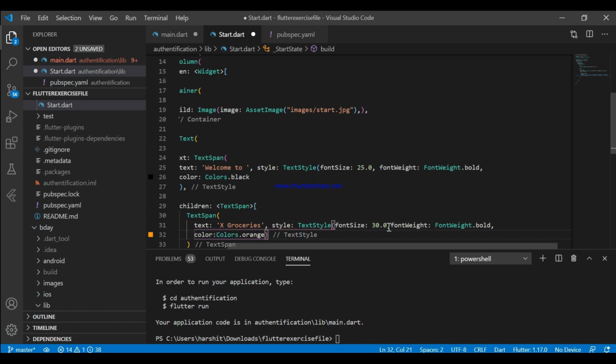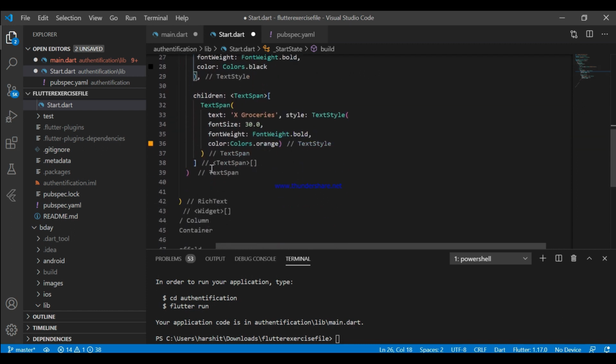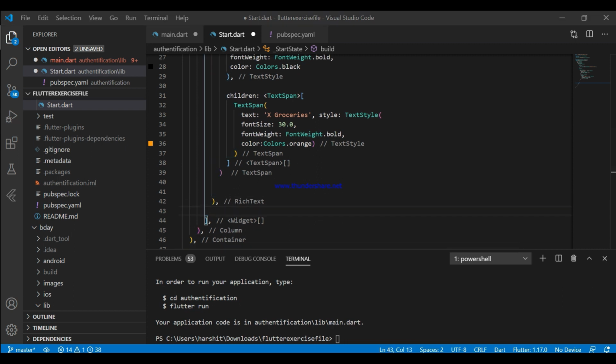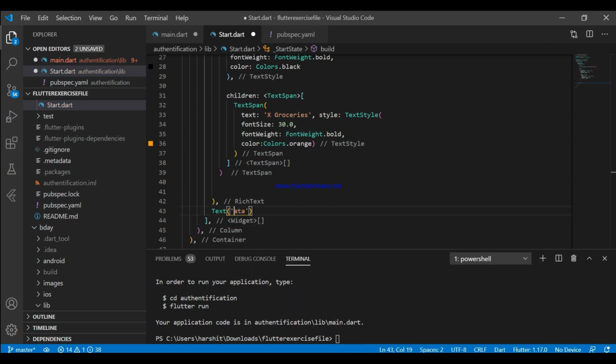Bigger font looks good. I'll show you in this app that because we are using rich text, we also provide orange color to the X groceries part. Yeah, like this. And for text, fresh groceries delivered at your doorstep.